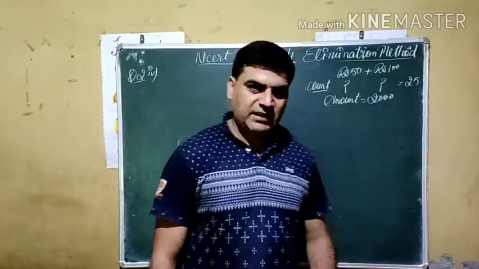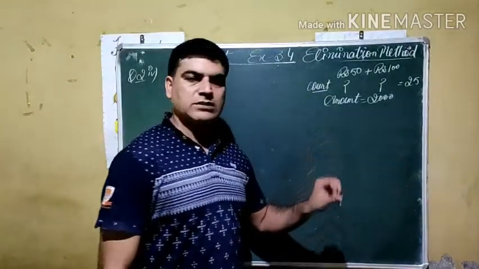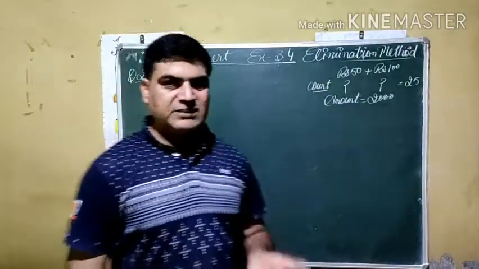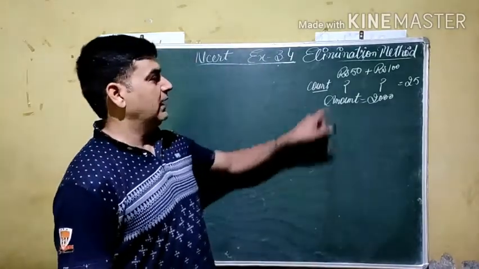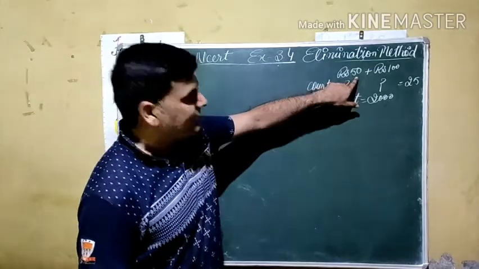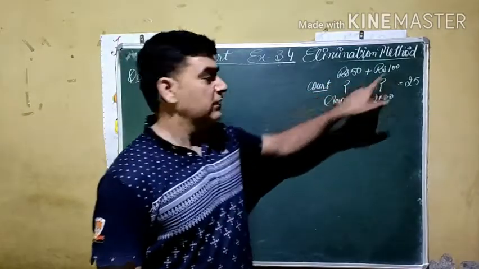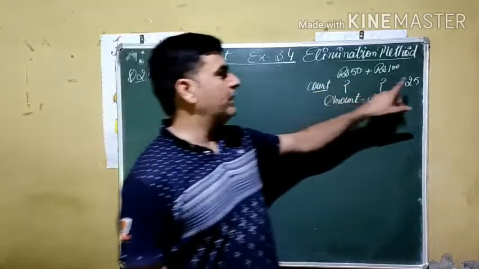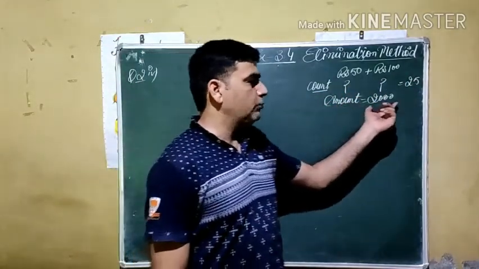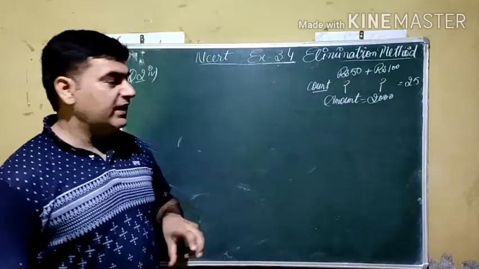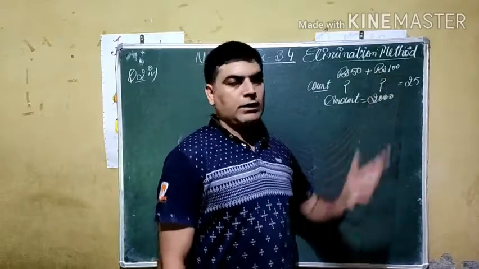Let's continue with part number 4 of question number 2. Here is the short description of the question. There is a person who goes to a bank to take out some money from the account and gives instructions to the cashier: give me 50 rupees notes and 100 rupees notes. The total count should be 25, and the total amount, if we calculate, comes out to be 2000. So what is needed here? What is the count of 50 rupees notes and what is the count of 100 rupees notes?